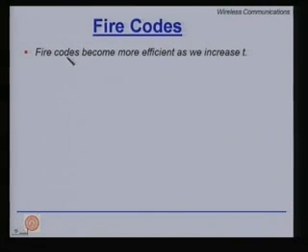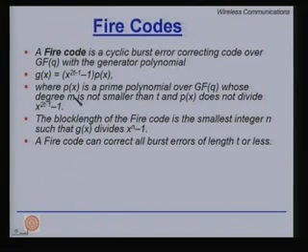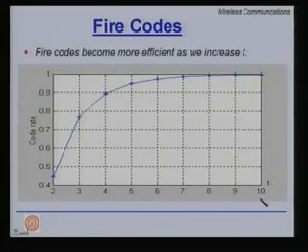What is interesting is FIRE codes become more efficient as we increase t. What does it mean? Efficiency in terms of the code rate. So, if you increase this t, you have on the y axis the code rate, and how do you get the code rate from here? Well, n minus k is the highest power of this whole thing. So, as you increase your t on the x axis, the code rate tends to go up, but your block length also tends to go up. So, FIRE codes of large block lengths are very useful.